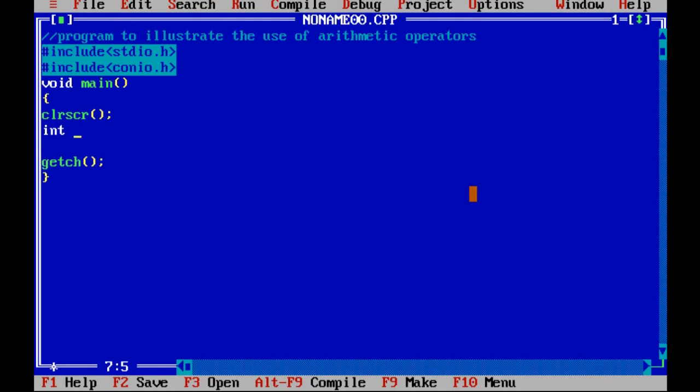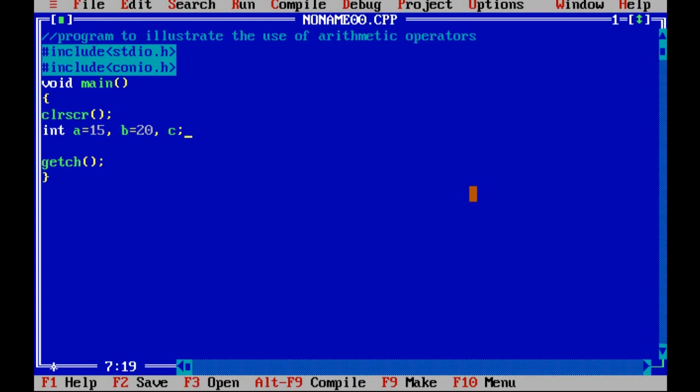Fine, so here I declared three variables: A is equal to 15, B is equal to 20, and C. I am not assigning any value to the C variable.